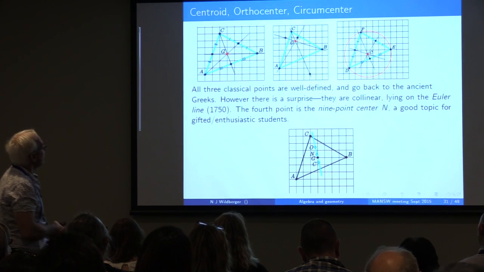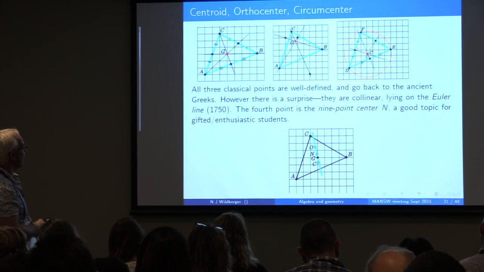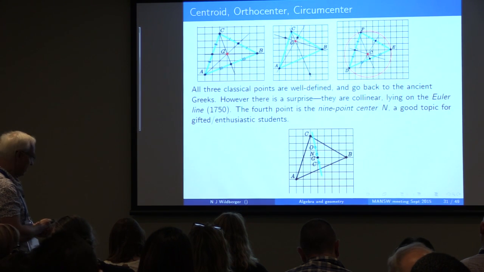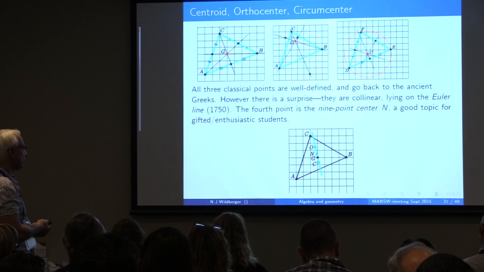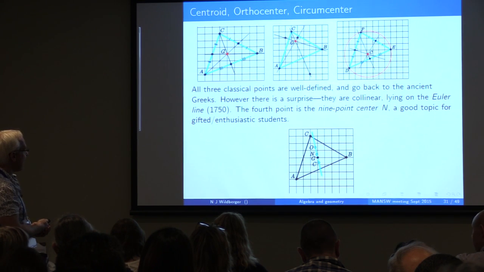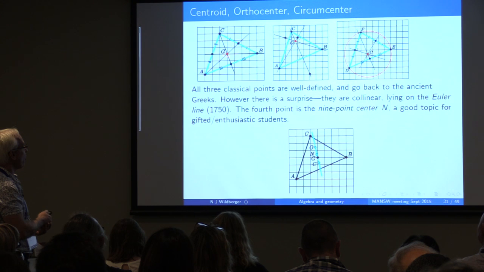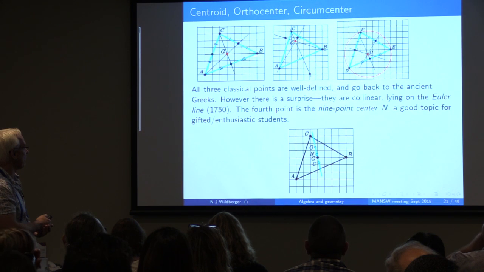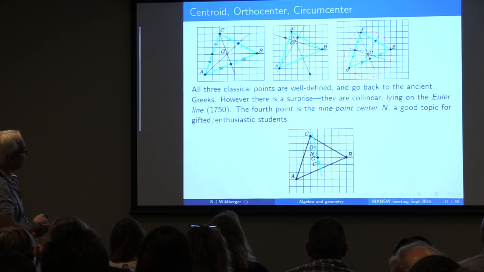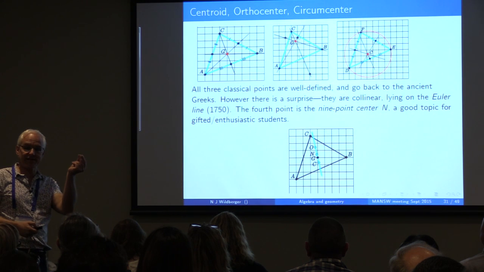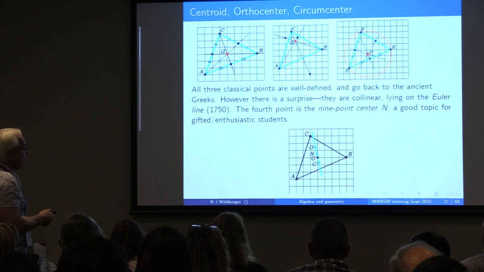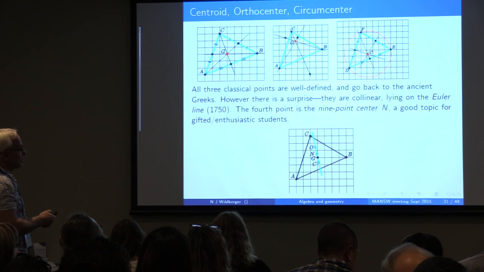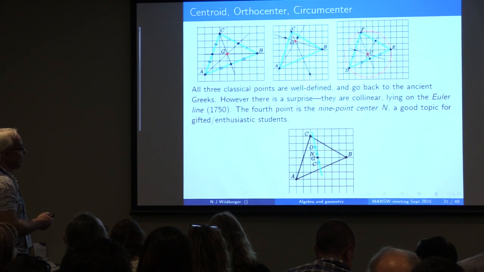Okay, so let me just mention a few other classical things that you've probably all familiar with that are nice things for students to explore. Classical geometry, very lovely. The centroid of a triangle, which is the intersection of the 3 medians, lines from the vertices to the midpoints of the opposite sides, meeting in the centroid. That's the point of balance of the triangle. The orthocenter, which is the meet of the 3 altitudes, lines perpendicular to the opposite sides. And over here, the circumcenter, which is the meet of the 3 perpendicular bisectors.